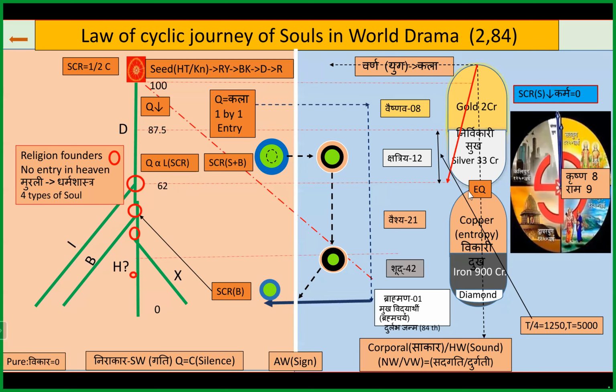And then afterward there is an earthquake, so all that is vanished after 2,500 years. And then we have this, our non-deterministic world. So this is a karmic account. So we experience sukh and dukh both. So this is the nirvikari world. This is a vikari world, and this kala is zero.